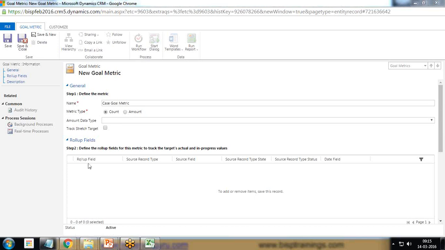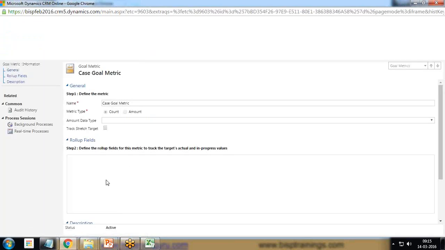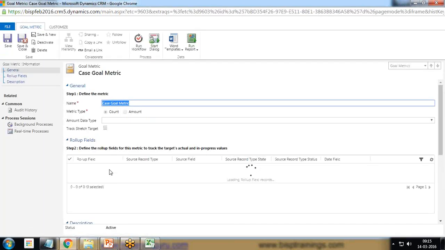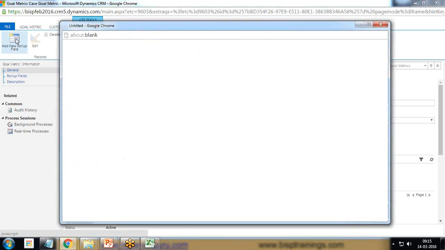Scroll down to roll up field. So before that, I click on save this, and now we are going to add a roll up field into it. So select this roll up field so that we can add a roll up field for calculation, for performing the aggregation. I click on this roll up field, a new section appears, roll up fields. Click on add new roll up field,